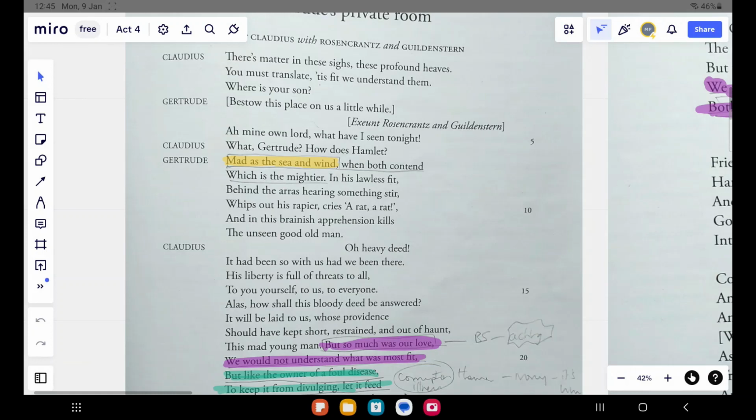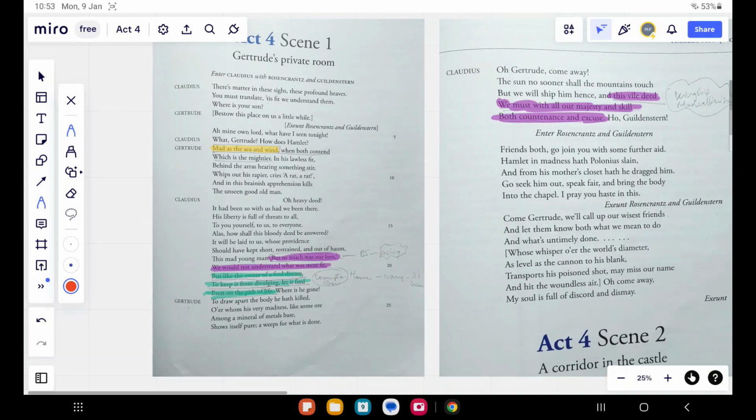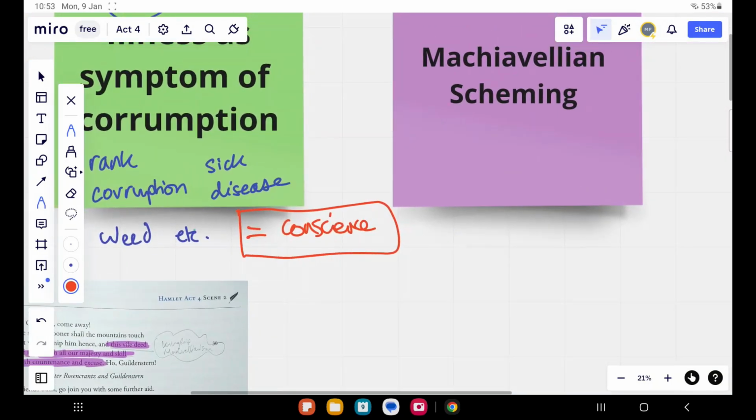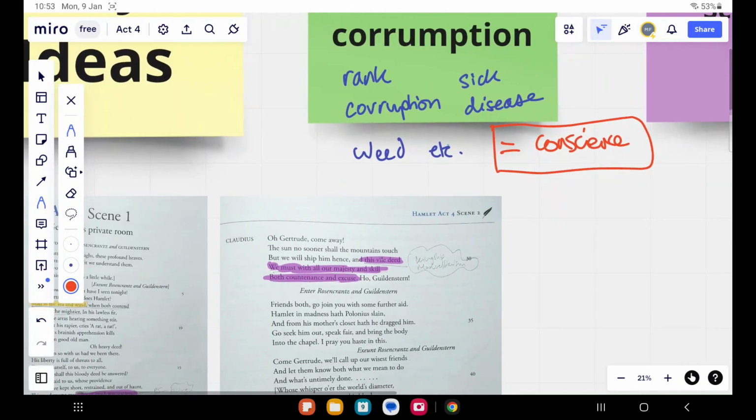Interesting that the first thing that Claudius thinks of is himself. "His liberty is full of threats to all, to you yourself, to us, to everyone." But interestingly, it had been so with us, i.e. me, the royal we there, had we been there. So again, we see characterization of Claudius as egotistical, narcissistic psychology. What's really interesting in Act 4 is the use of the motif of Machiavellian scheming that we get from